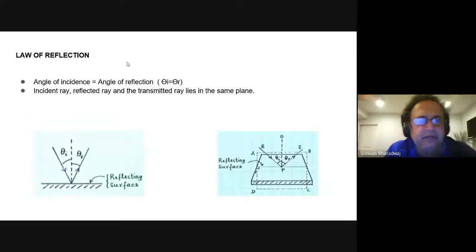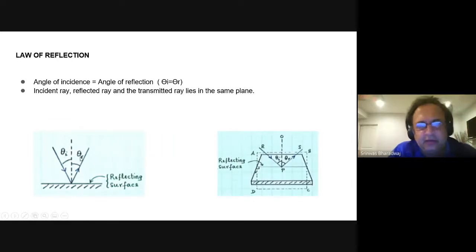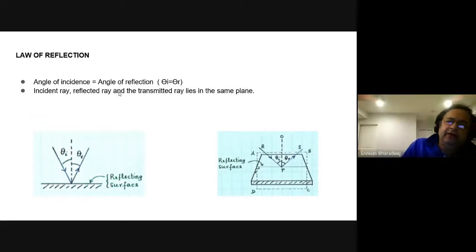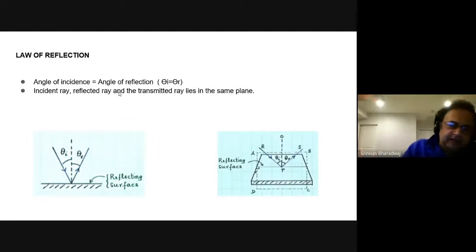Typically, how does reflection happen? It's very straightforward. Let's say you have a plane surface, a plane mirror, a mirror on the wall. Who is the fairest of them all? How does it work? Incoming light, incoming angle theta i, reflected angle theta r, theta i equals theta r. Angle of incidence equals angle of reflection, right? We are going to very soon look at how it happens in a curved surface. In a curved surface, you think of the curved surface as a series of tangents on the mirror.